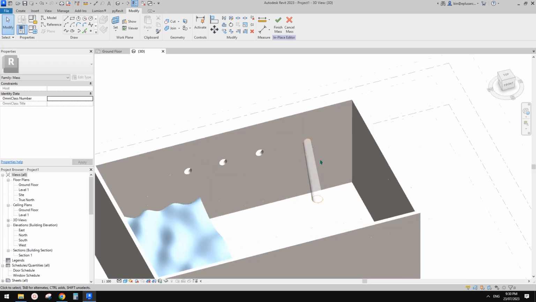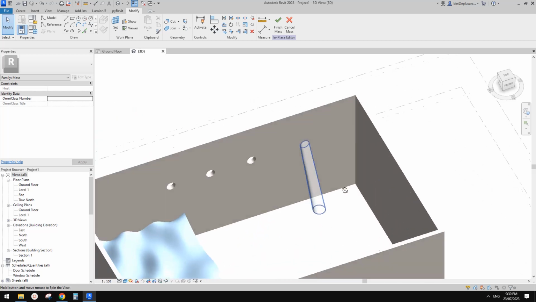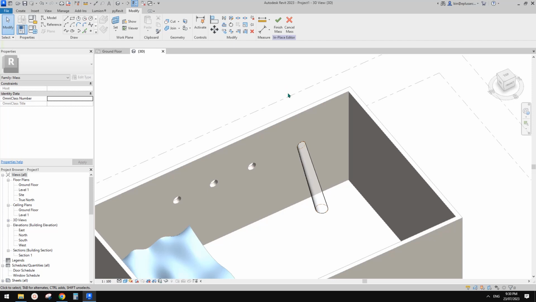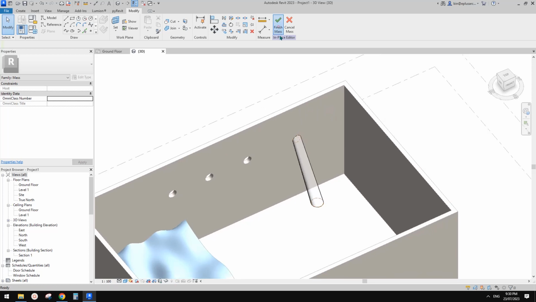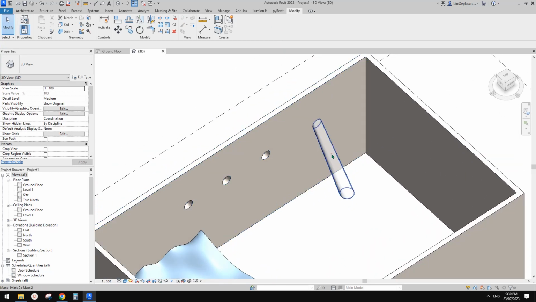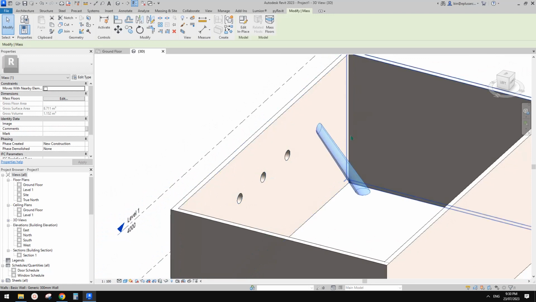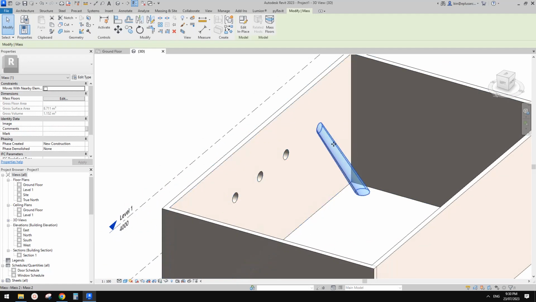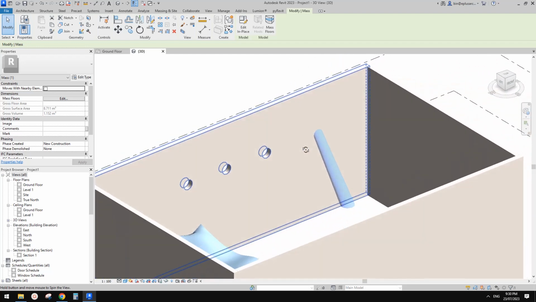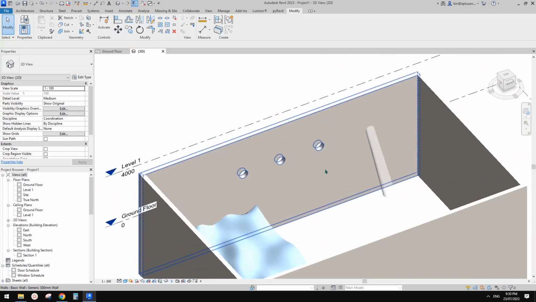I'm not going to do this one, sorry about that, because I don't think this is the best way of doing this, because it's quite hard to adjust, because you need to go create a reference plane, and then create another. So